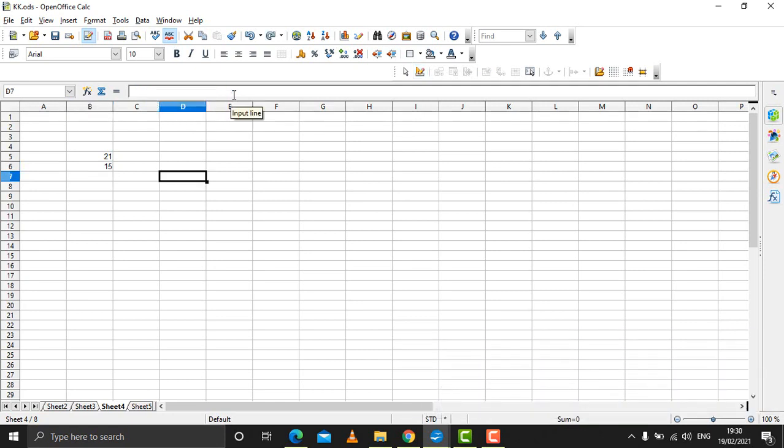The next thing we can do is create hyperlinks in Calc. As you all know, a hyperlink means linking to some other document or to some other website or web page. There will be a link, and as you click on it you will be directed to a new application or to a browser, whichever you want.